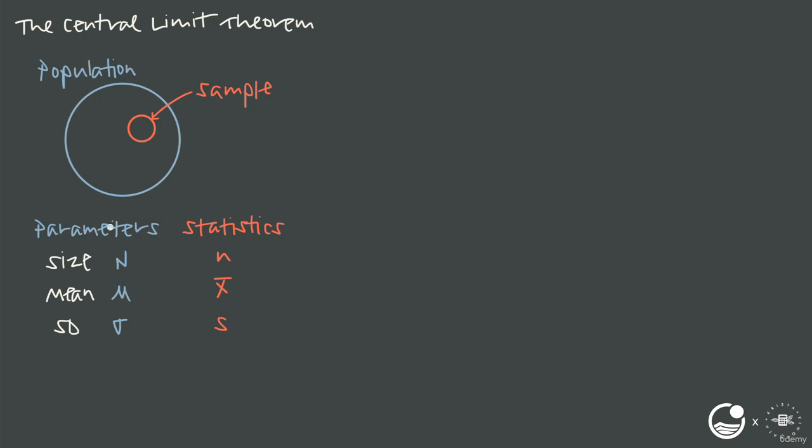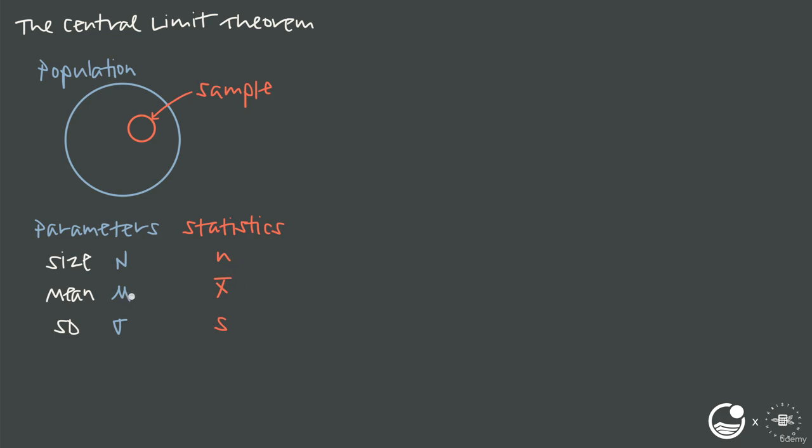Because after all, it's these population parameters that we're really interested in. We want to know maybe the mean and standard deviation for the entire population. And if we could actually calculate that value specifically by collecting data or surveying the entire population, we certainly would. We're only sampling because it's very difficult or impossible to collect data from the entire population. So the best we can do is sample, gather statistics, and then use these statistics to make inferences about the